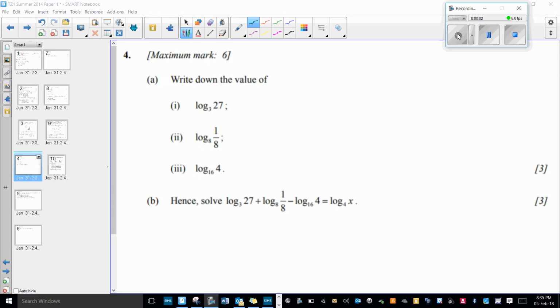log expressions. So we need to write down the value. Obviously we haven't got a calculator to input this, so ideally what we want to do is try and change this value here to be the same as the base, because we know that log base A of A is equal to 1. So instead of log base 3 of 27, I'm going to say log base 3 of 3 cubed, and that power can come in front,